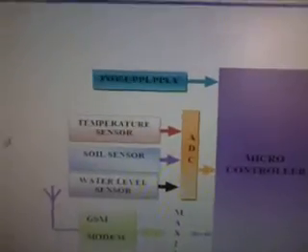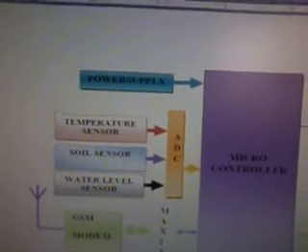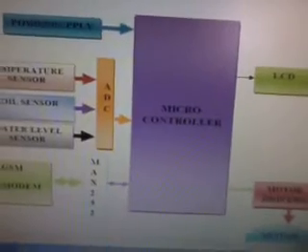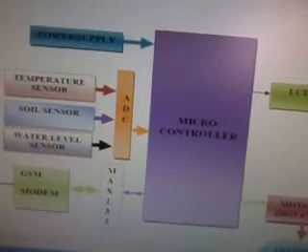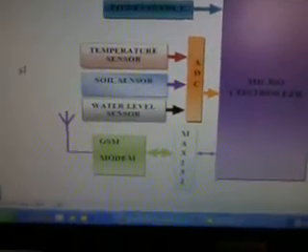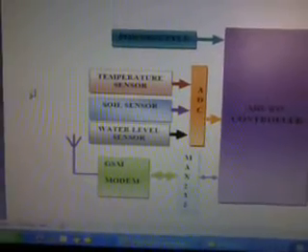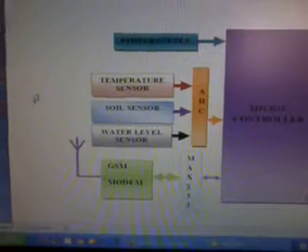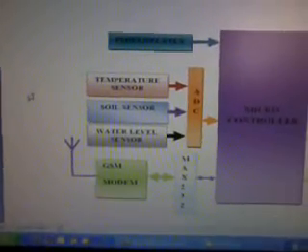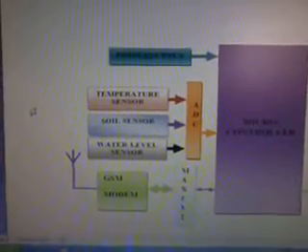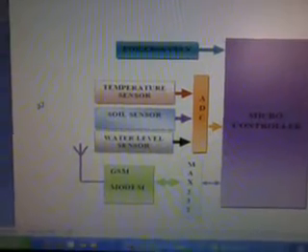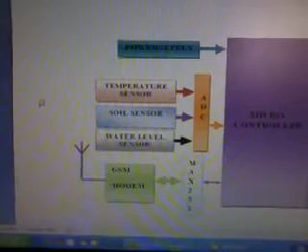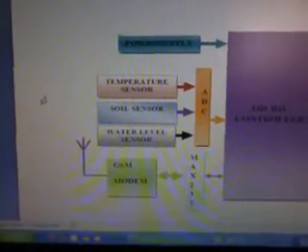In the block diagram, we get power supply from the solar panel battery and the 8089S52 microcontroller. It's an 8-bit microcontroller, and we are using some sensors connected to the MCP3208 ADC, a successive approximation 12-bit ADC. We are using a temperature and humidity sensor and two water level sensors. It can measure the salt present in the water, and those are connected to channel 0, channel 1, channel 2, channel 3. Four channels we are using.